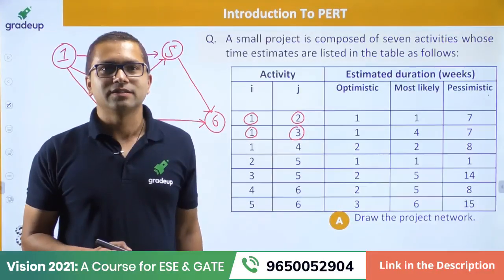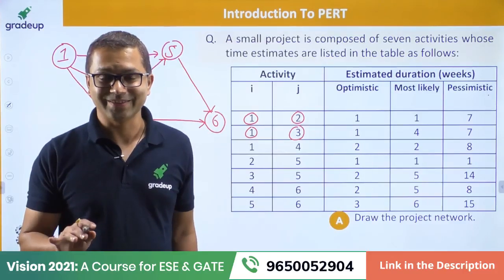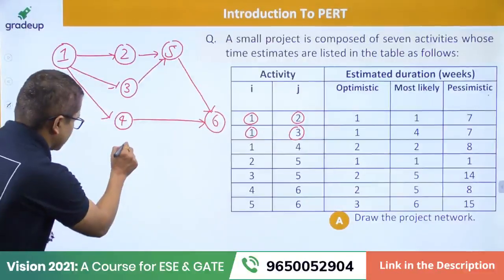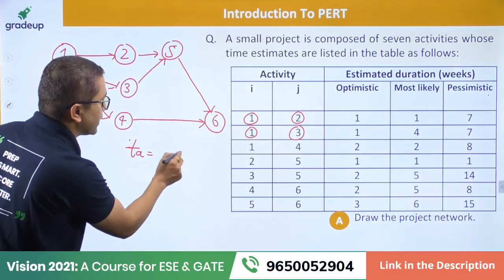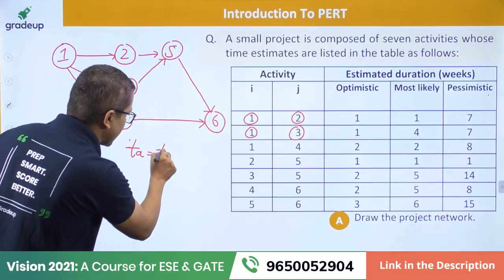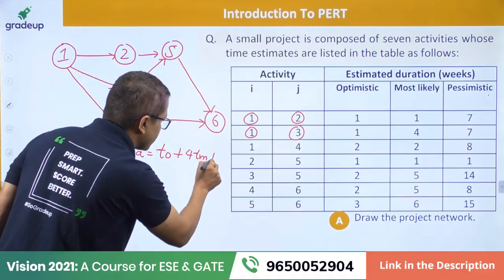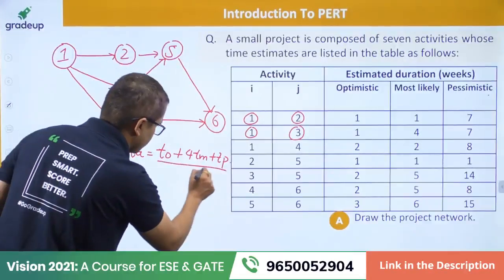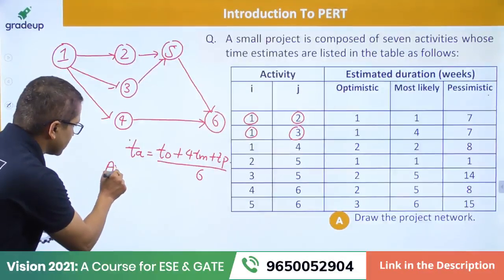Okay, yeah. So it's good that you are still there. Okay, J has been really consistent. Okay, so fine. So what we have is an average time we like to calculate over here. That is given by T optimistic time plus 4 times most likely time plus T pessimistic time upon 6. That is the average time to complete